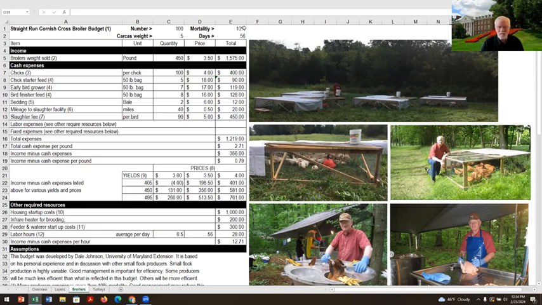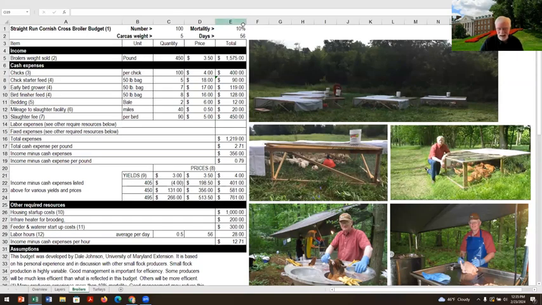Okay, I've got a 10% mortality. In my operations, it's at least 10%. Many years, I've got 15, 20%. My first flock that I ever did, it was a 60%. I don't have time for that story. That was a disaster. But I've got it down to where I hope to have a 10% or less mortality.